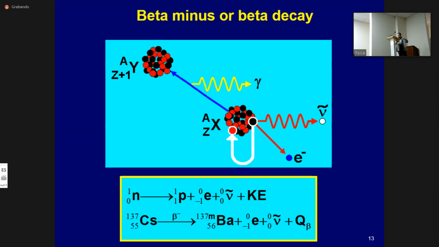It's particle with a tilde. An antineutrino has no mass or charge. With charges, everybody agrees, but mass is already measured, in electron volts. But if you compare with the mass of beta particle, the resting mass of electron, it is 511 kiloelectron volts. So we can omit this mass of antineutrino.